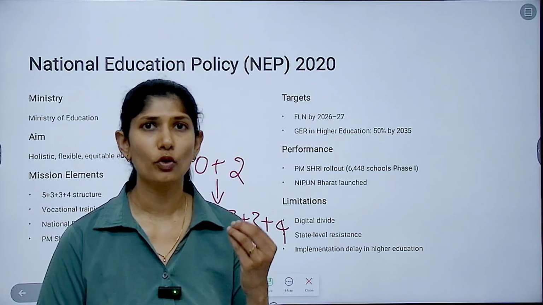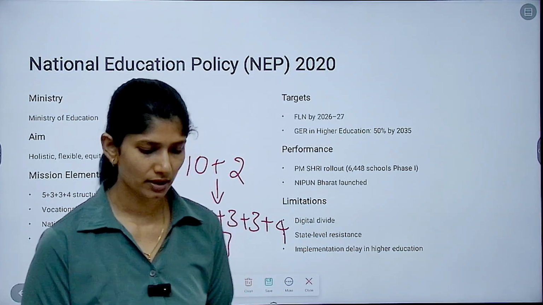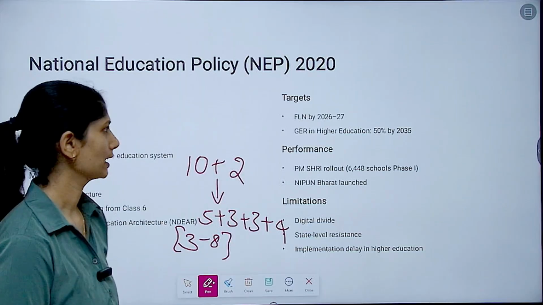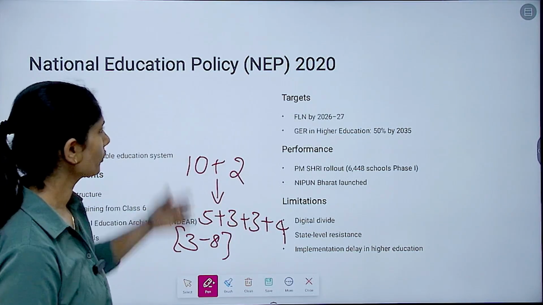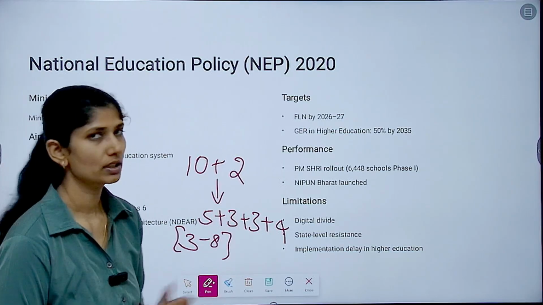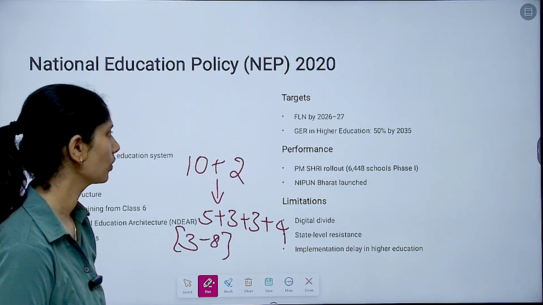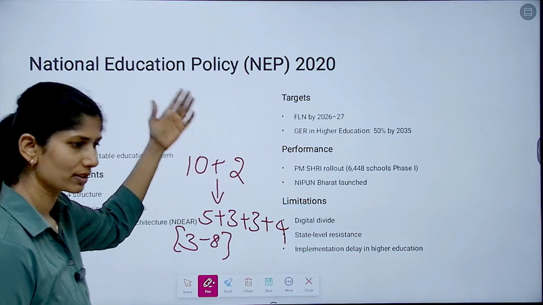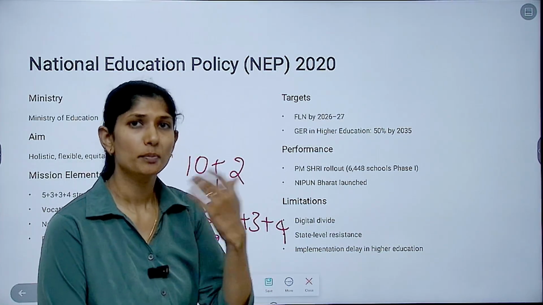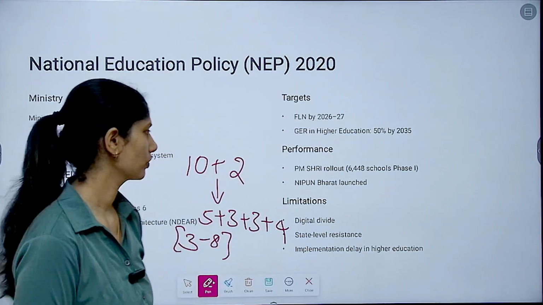For this to happen, you also make sure that your teacher training curriculum is also integrated with that, which means 4 years of B.Ed intensive integrated training. And the teachers are also on the line of your NEP 2020. The target of NEP 2020 is to increase foundational literacy by 2027, and increase the gross enrollment ratio. To make sure this is visualized well, we have the sub part, that is what we said, the intervention, PM Shri schools, Nipun Bharat, where you increase the foundational literacy.